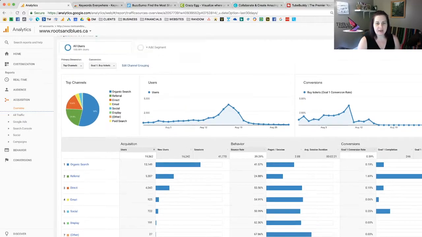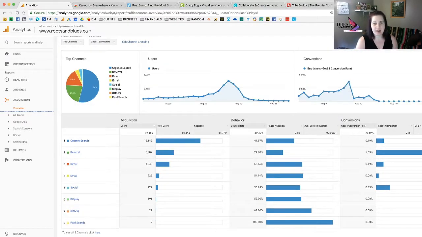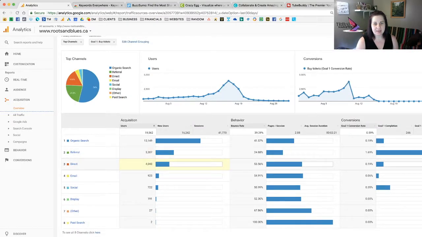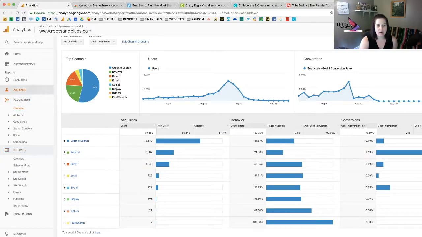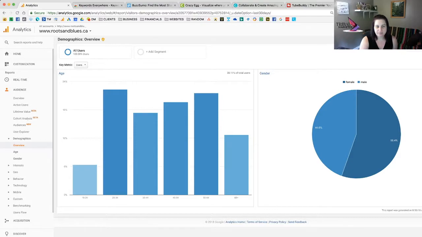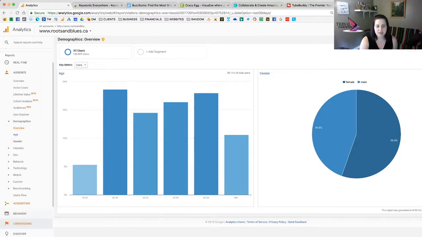So here I'm showing a client of mine, and showing how I can go in here and, for a set period of time, see exactly where all their traffic is coming from. I can see conversions. Now, conversions and goals in analytics are something you set up manually, so it'll mean something different to every business, but in this case I've set up analytics so I can see which traffic sources are providing the most conversions. You can go into audience to find out their demographics such as age and gender. You can go into